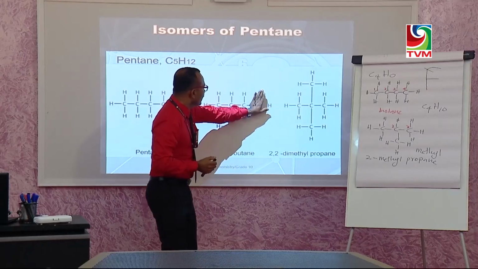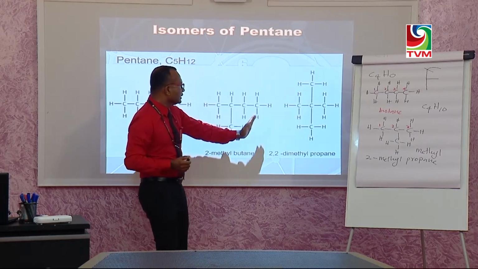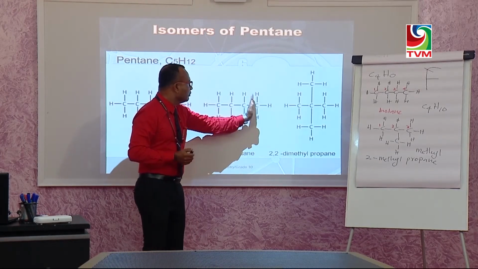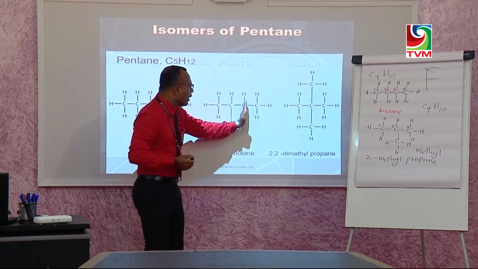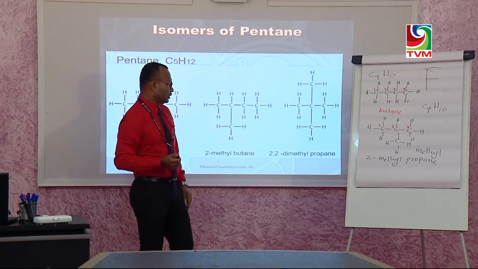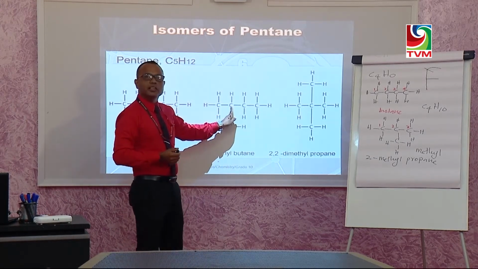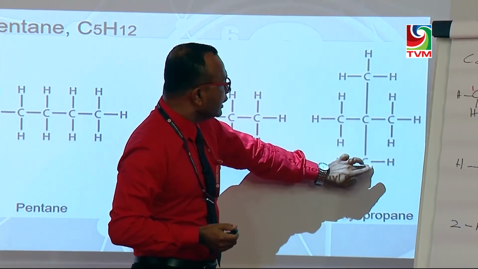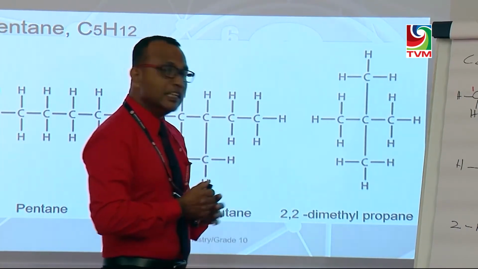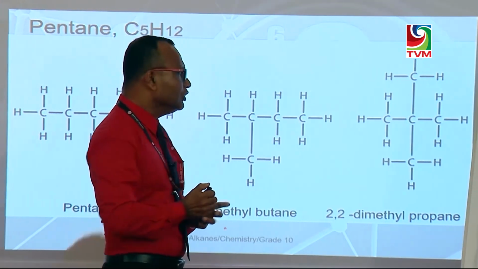Bring in this terminal carbon on the middle carbon. You understand, if I bring this carbon on this carbon right in here, up or down, we won't get different structure. Then what I do, I bring this carbon on the middle carbon. Then we get 2 branches, one here, one here. And we will identify the longest continuous carbon chain.